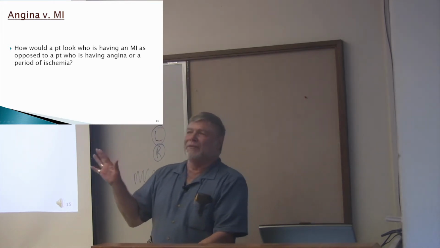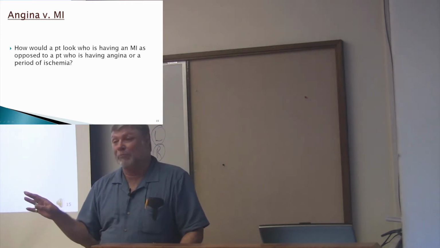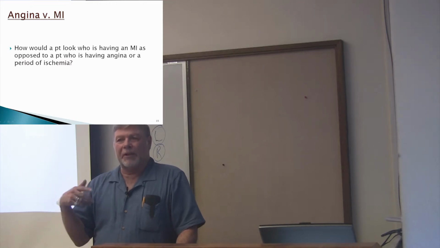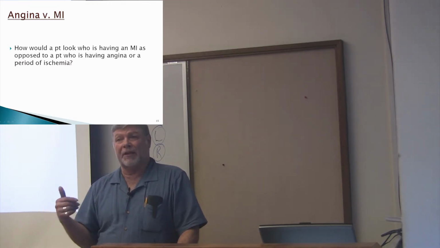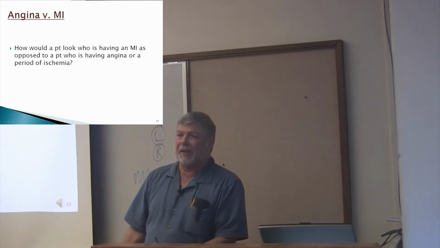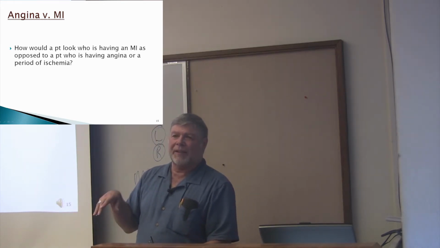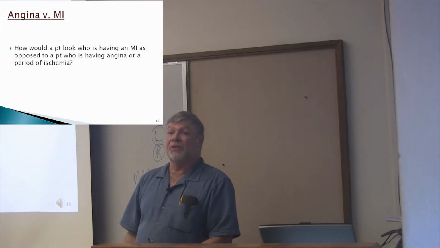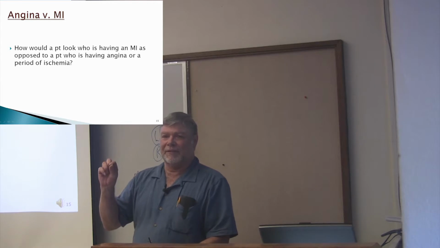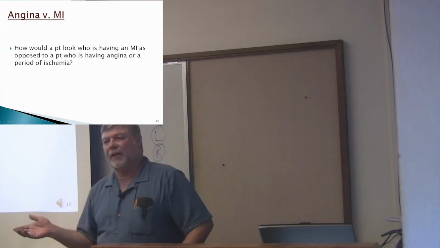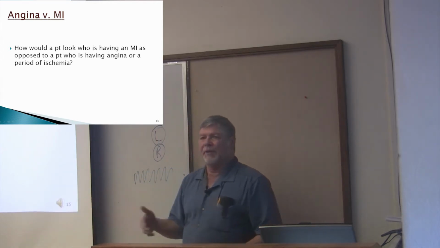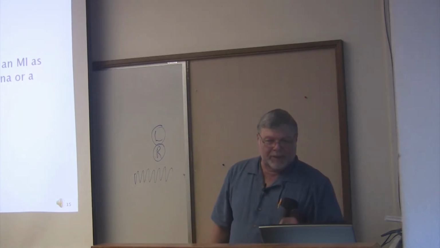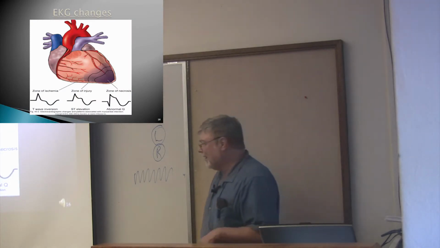So morphine, we're going to talk about morphine in a minute here. We'll get to MONA. It does improve cardiac circulation. It improves cardiac oxygenation. It also, again, reduces afterload, and it relieves anxiety because it relieves pain. But if they're having an MI, they're still going to have pain because it doesn't fix the problem. If they're having angina, typically the nitrates will hopefully resolve the problem. So let's talk about the EKG.